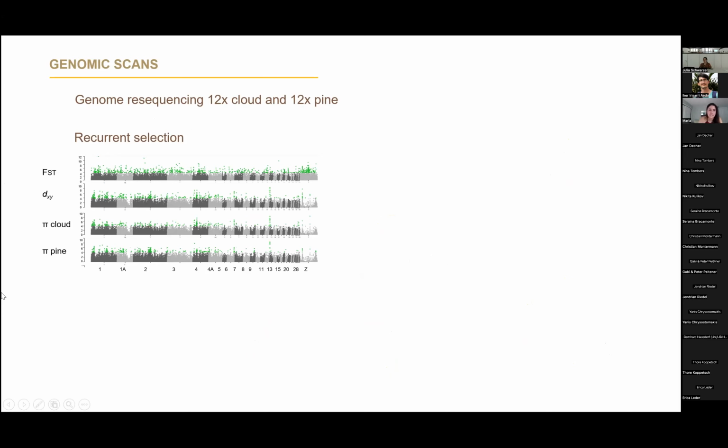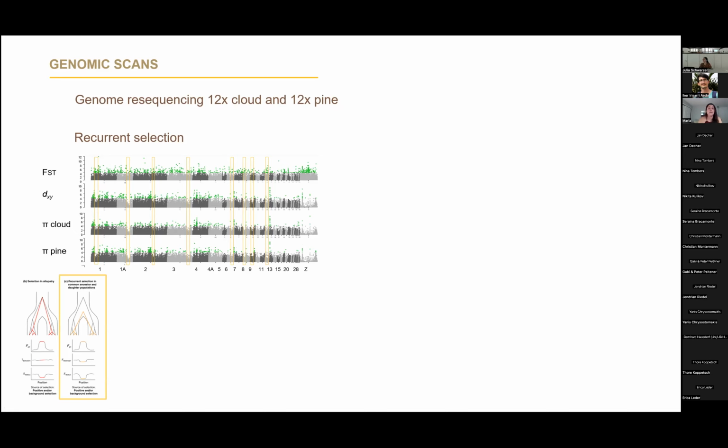And as you can see in this plot, the FST peaks are coincident with drops in the absolute divergence and genetic diversity. And this pattern is consistent with the recurrent selection model, in which selection takes place in the common